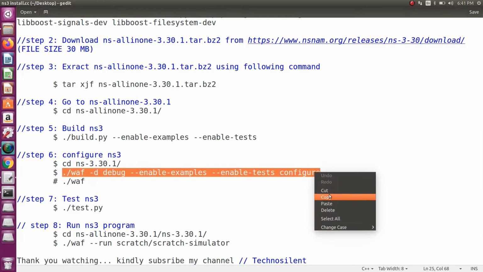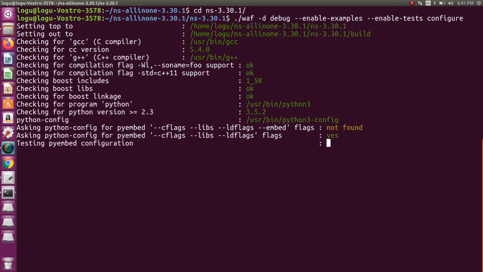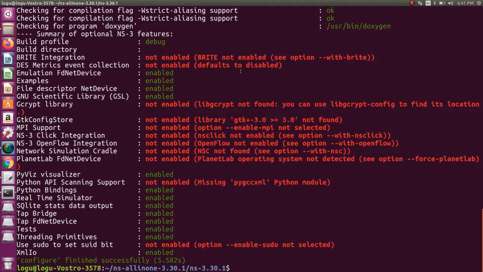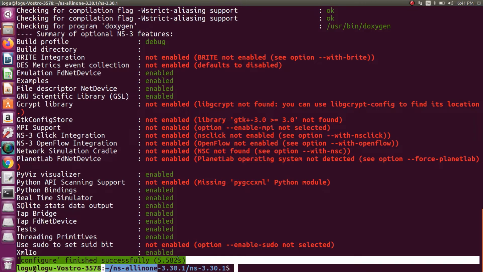Copy this code, paste it in your terminal, then give enter. It will check your bindings. Now it is configured, finished successfully in 5 seconds.